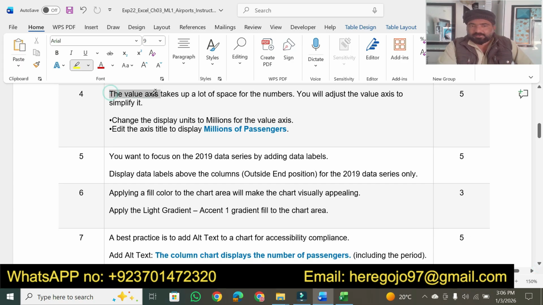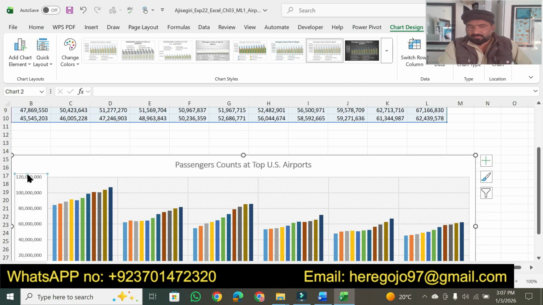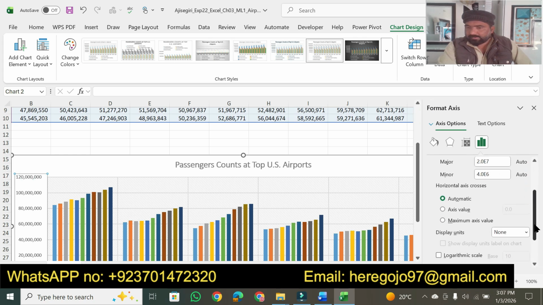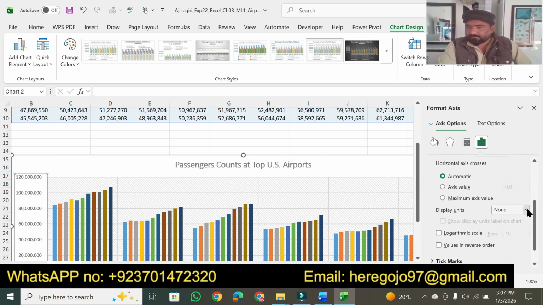So the values axis takes up a lots of space for numbers. So you will adjust the values axis to simplify it. Okay, so change the display unit of million for value axis. Now we have to change its display unit. So double click on this value axis and there is a display unit. So we have to set that to millions. Okay,